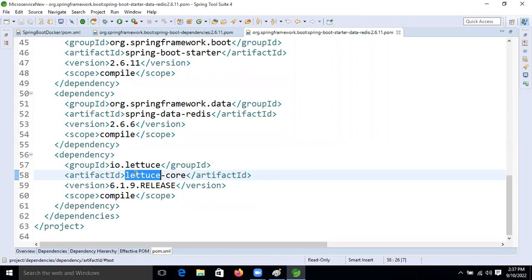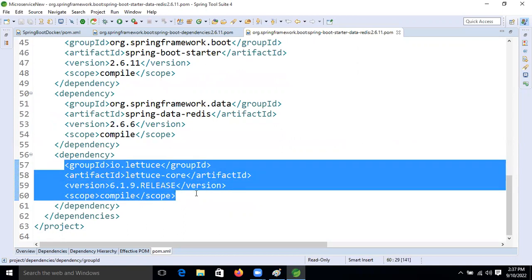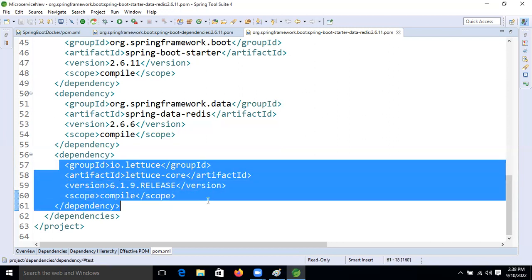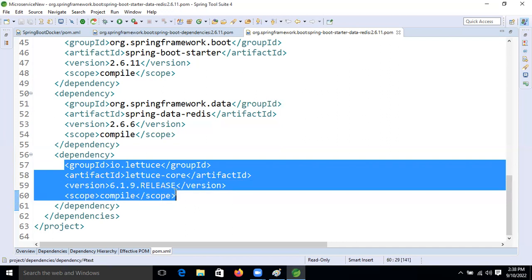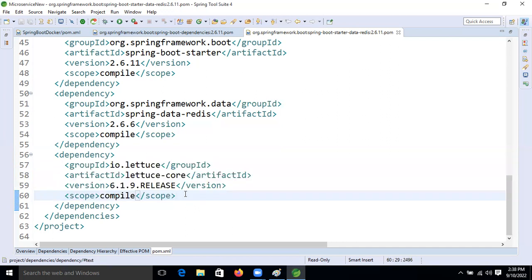Lettuce core is nothing but what? It is for establishing the connection. This is the class; using this class we will establish the connection between our application and the Redis database. This is the driver name, friends. This is the class driver name, like Connection, just as in JDBC, how we can perform the